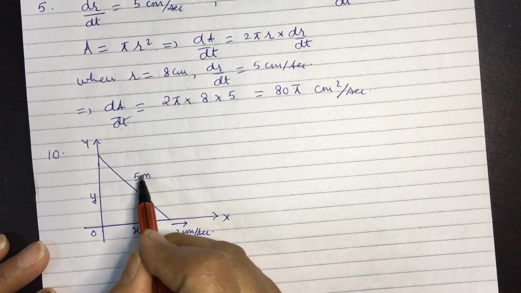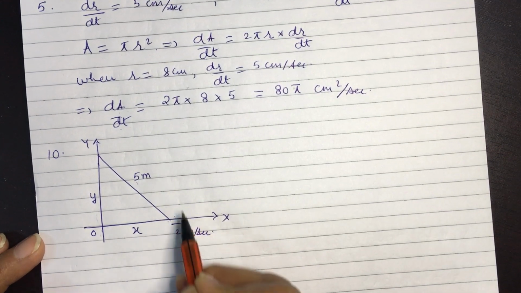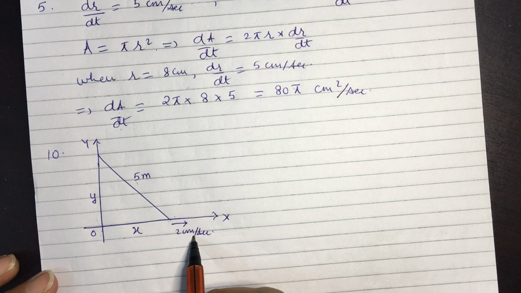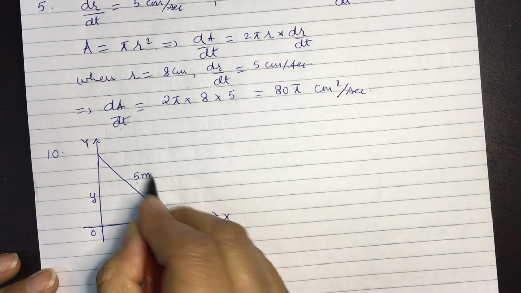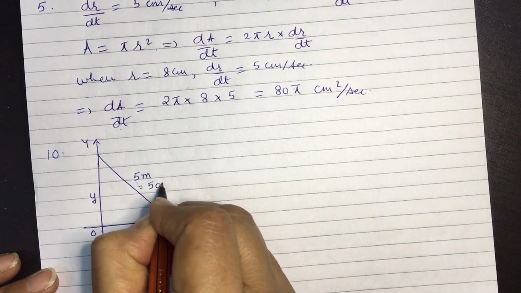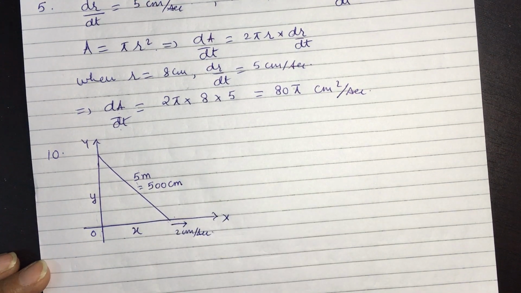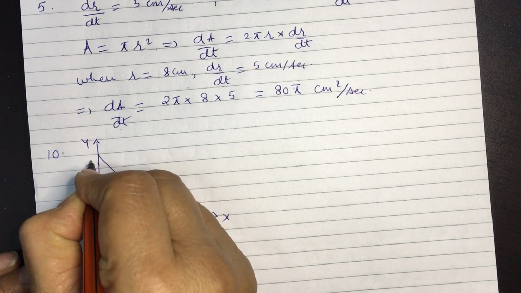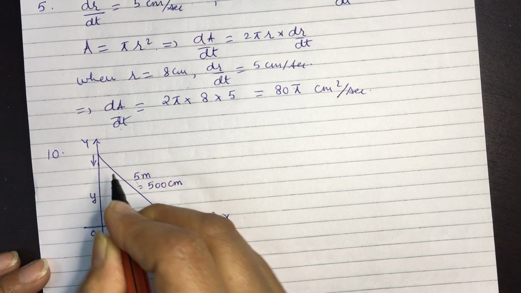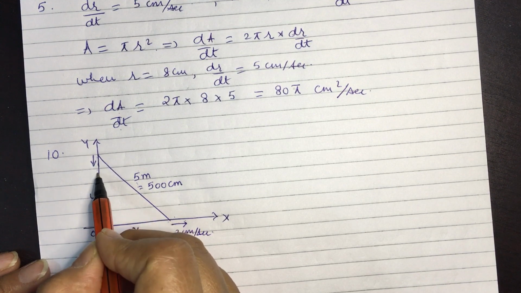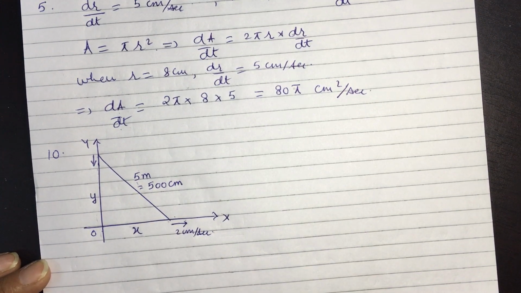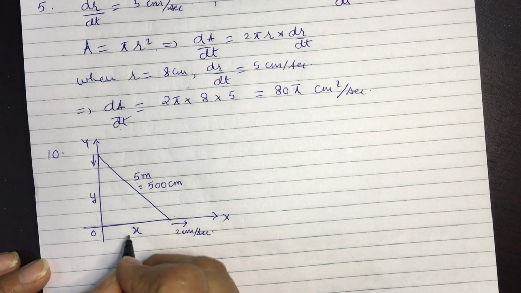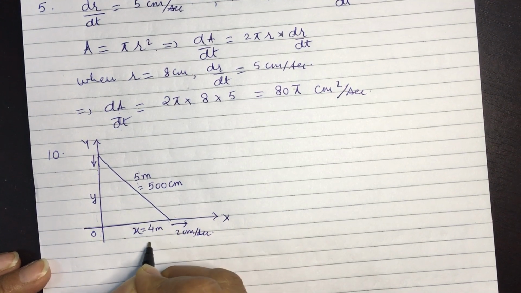So now again you have to be careful, this is given in terms of meters whereas this is given in terms of centimeters. So the units have to be made equal, which is equal to 500 centimeters. Okay, now we get how fast is the height of the wall decreasing. So obviously when you pull the ladder this side, over here the height would come down because this will slide downwards. Okay, so when the foot of the ladder is 4 meter away, x equal to 4 meter.